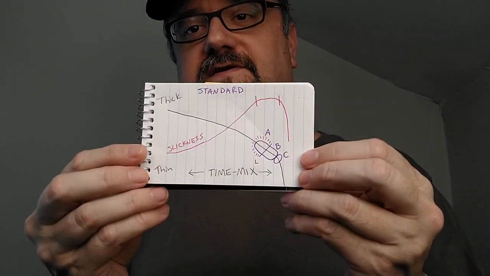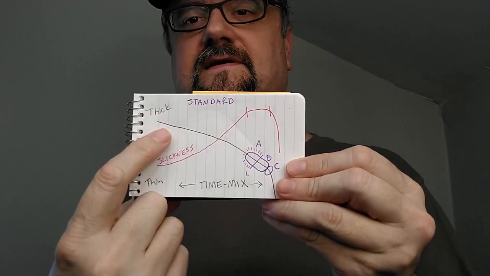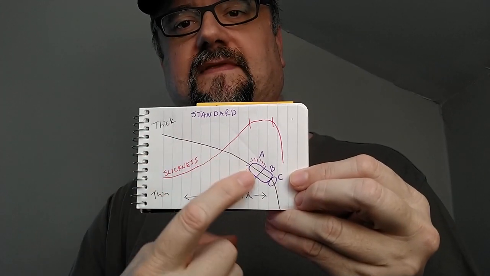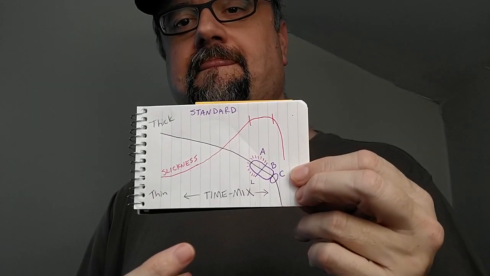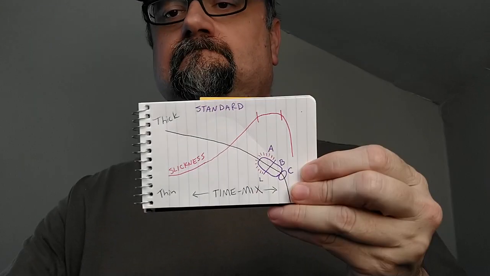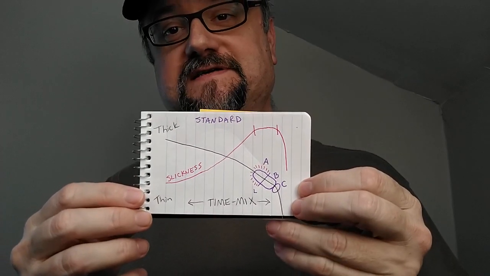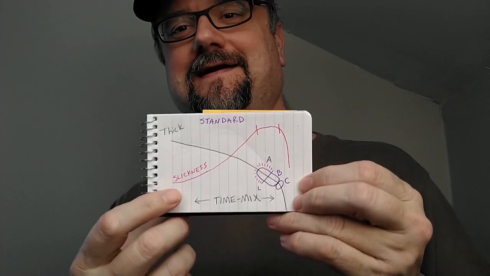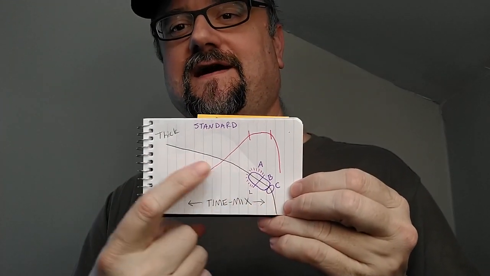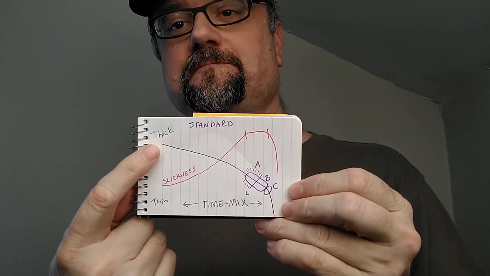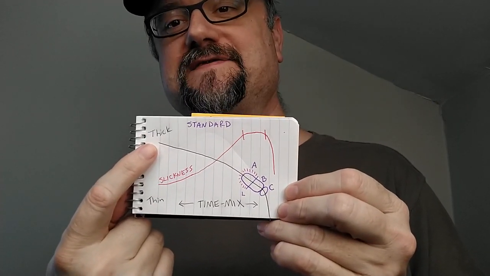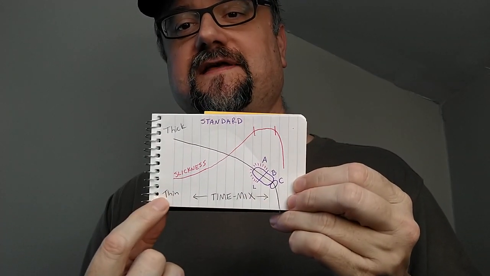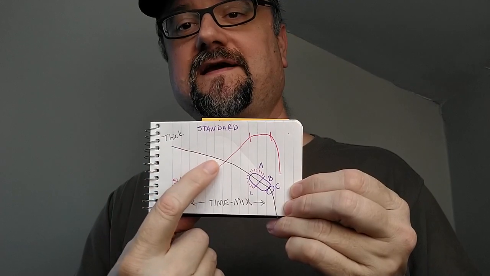Okay, so the Standard, we've got this darker line here, and this represents the hydration of the soap. I had to pause for a second, gather my thoughts, because I'm looking at it backwards. This is the hydration of the soap, or the wetness of the soap. Starts out kind of thick, and then by the time we get down here, we're kind of low, and so we're thin.